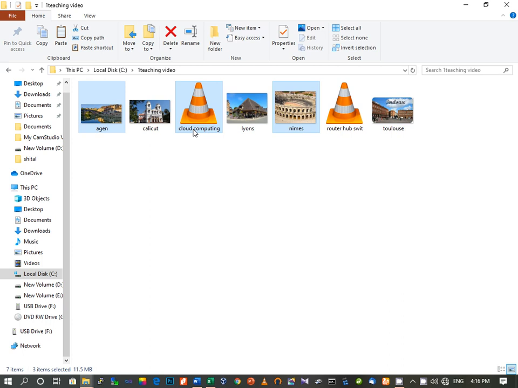But suppose you want to select consecutive files, consecutive means suppose you want to select this file and this file and this file which are lying side by side, then we will press the Shift key, like I'm showing how to do that here. Now I have pressed the Shift key from the keyboard, and when I press, you can see that all the consecutive files will be selected. So this is the process how to select consecutive and non-consecutive files.